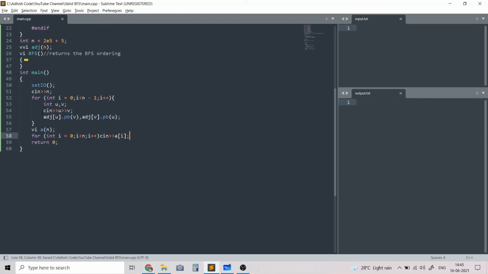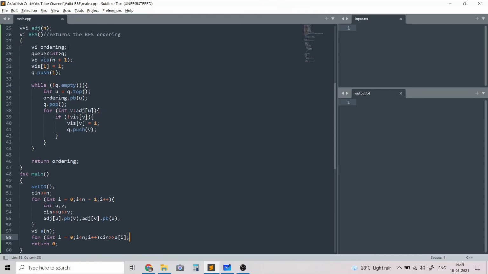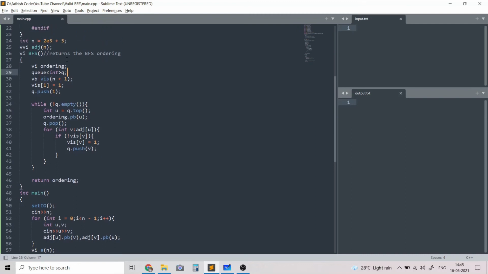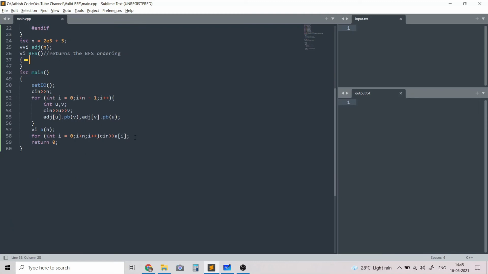Note that I'm using zero-based indexing because BFS also returns ordering with zero-based indexing. Over here I have a visited array of size n plus 1, because we are using one-based indexing, so we need a memory of size n plus 1 so that the last node can be marked visited. Otherwise we would get an error saying that the memory was not allocated for the last node.